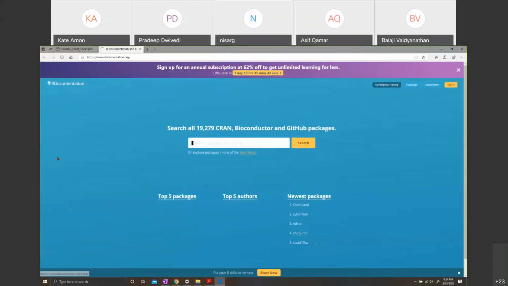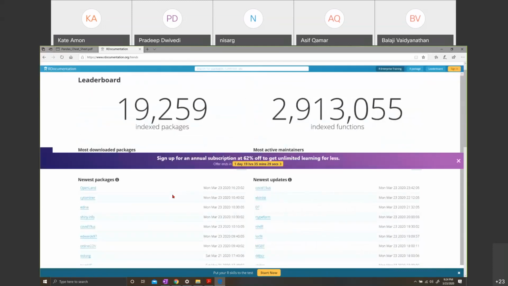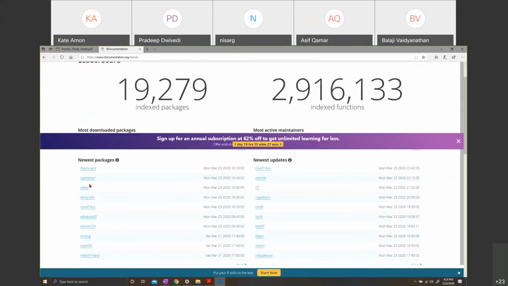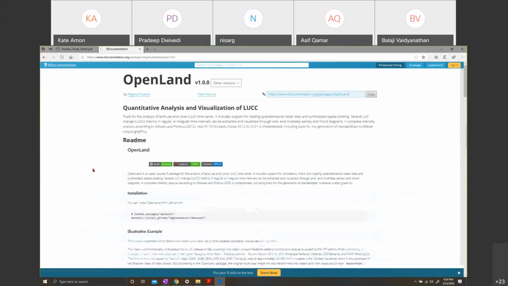Here we go. You can go here and you can search for, for example, any package. For example, here, there is a new package called Cytominer, top 5 package. Let's go and see the top 5 packages. What are the top 5 packages? There is a package called Open Land. What is it?